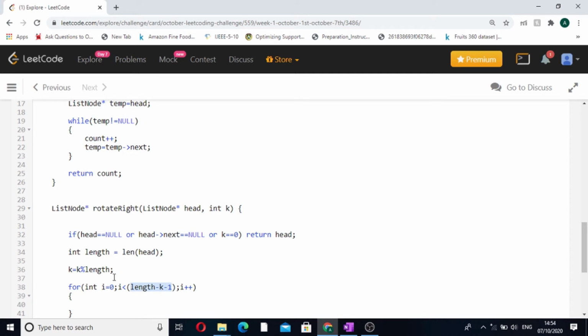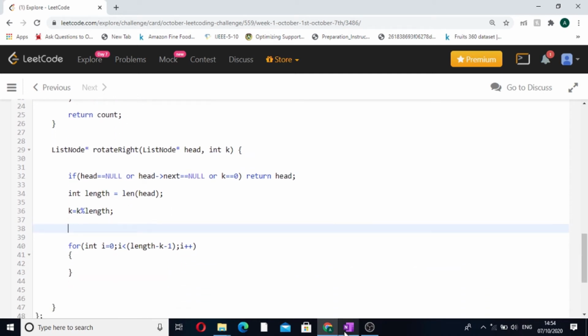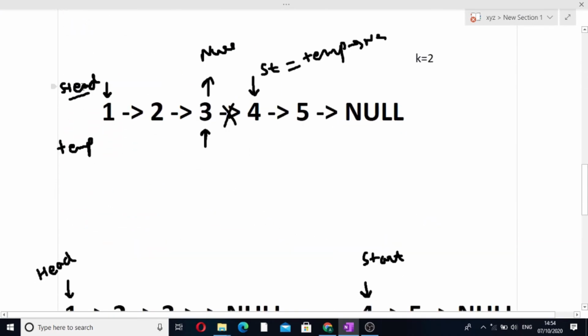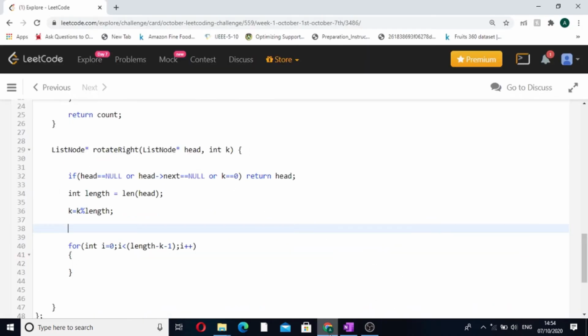So in this case we have to take a temp variable which is initially pointing to the head of the linked list, which will help in iterating the list. And in this loop we will do temp is equal to temp next.